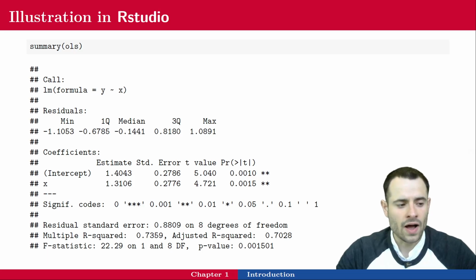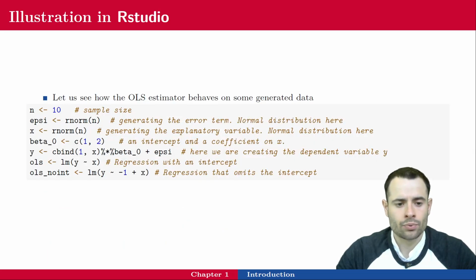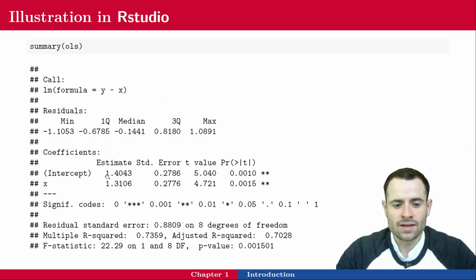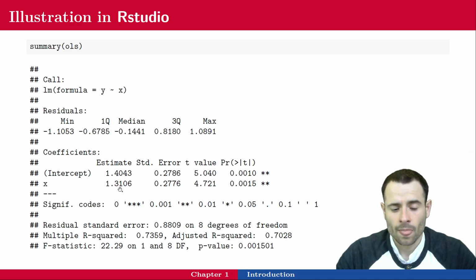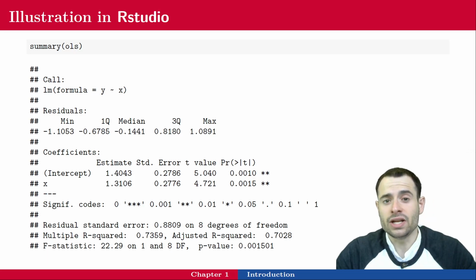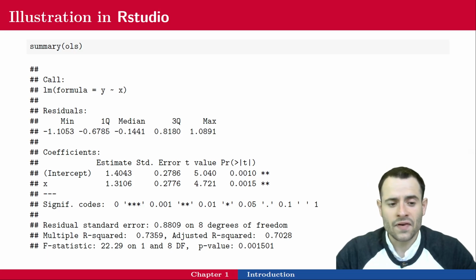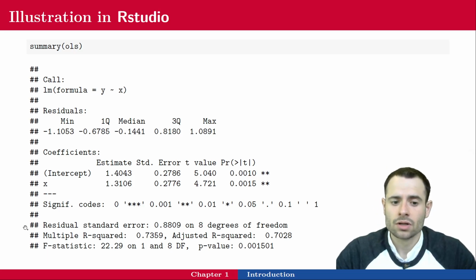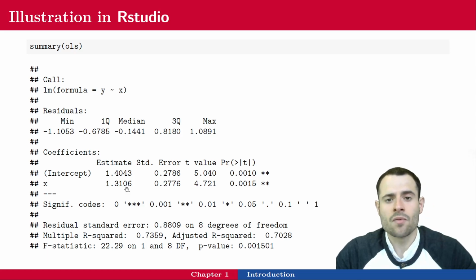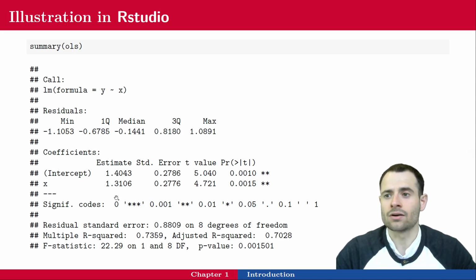Remember, if I look at the previous code, the real coefficients are 1 and 2. My estimate is 1.4 when the true value is 1, and 1.3 when the true value is 2. Pardon my French, but that's pretty bad, right? That's not very accurate. If I am making a regression like this for the government, I'm going to give pretty bad predictions, and the government might lose billions of dollars just by following my results to conduct policy or increase the tax, and